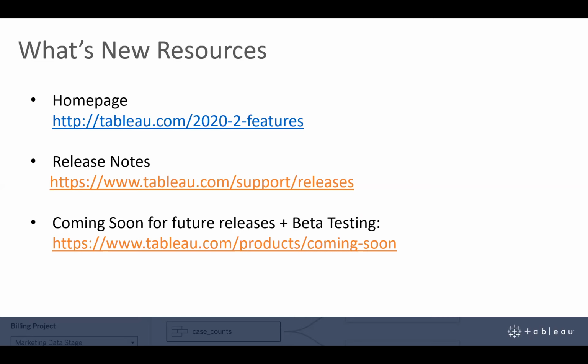What you could do is sign up for a Tableau developer sandbox. If you just go to Google and search for Tableau developer sandbox, you can get a sandbox account, and that's going to be a Tableau Online account. The Tableau Online account you're signing up for is always going to have the bleeding edge of Tableau.